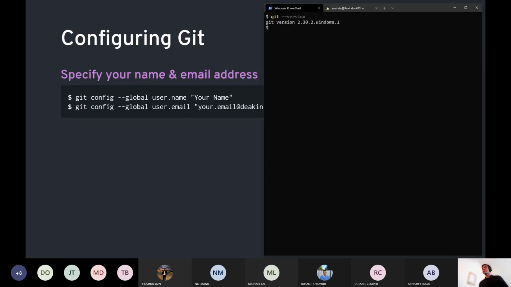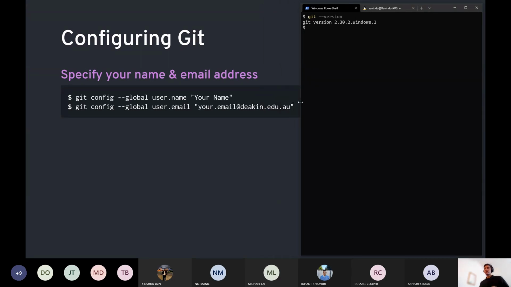Before you start using Git, though, you might want to run a bit of configuration. So you'd identify yourself to Git. You'd specify your username and an email. This isn't used to log into any service. It's literally just used to keep track of who made changes in your code base. So in my case, I'd run git config --global user.name and type my name. I do user.email and type my email address. And that should be it.